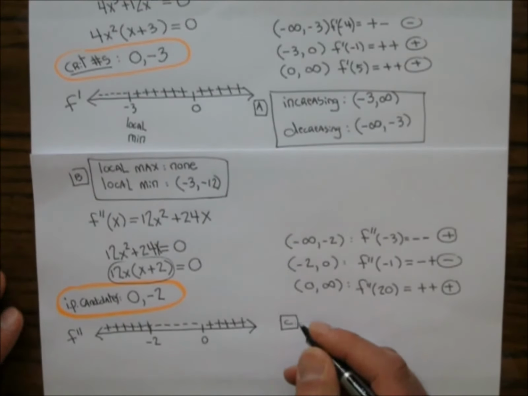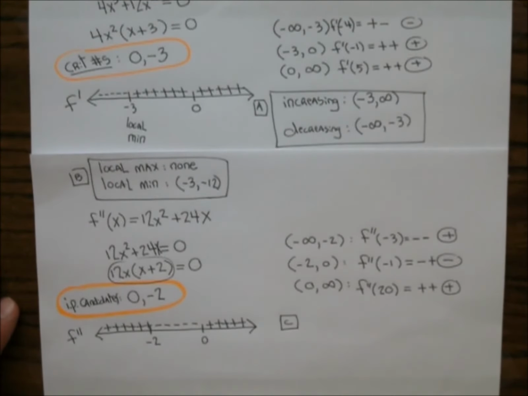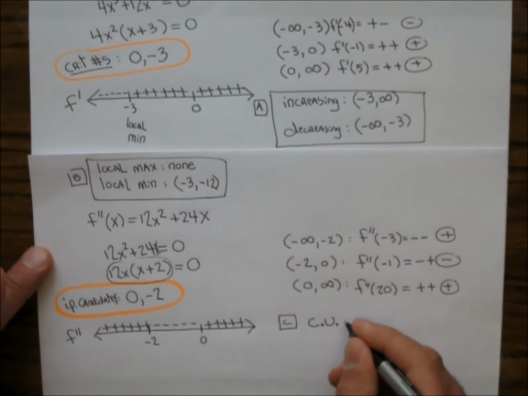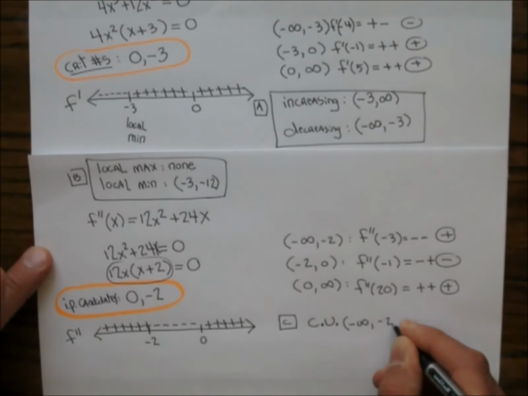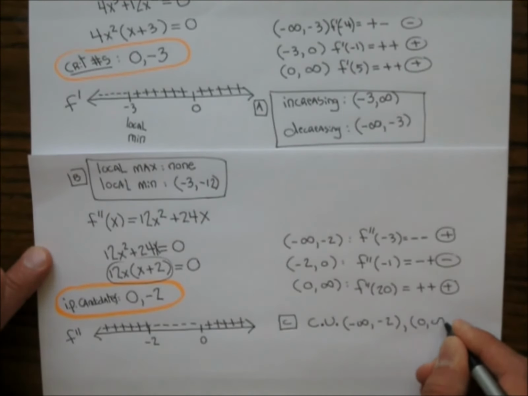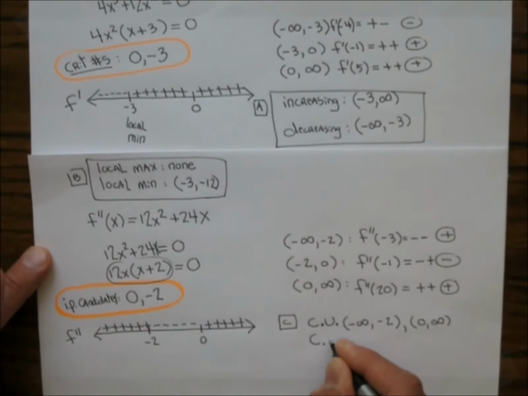which says find the intervals on which F is concave up and concave down. So concave up would be everywhere there's the pluses. I'm going to write everything in terms of open intervals: negative infinity to negative 2, and then we have 0 to infinity. And concave down would be where we see the negatives. So this is negative 2 to 0. And so that answers